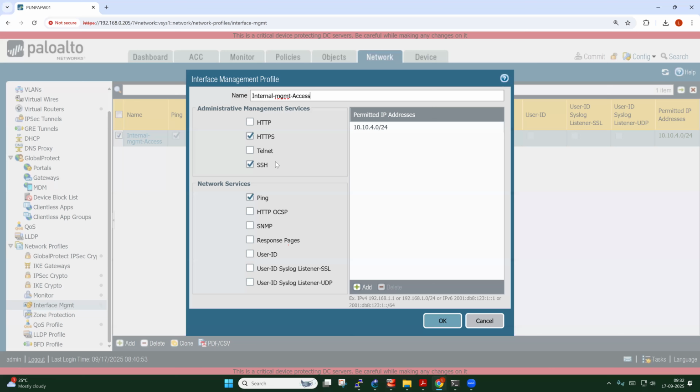Okay, so this is interface management access, right? Yes, this management interface in our case is in a different subnet, right? So this is only for internal interface management, if you want to access the device via the internal interface, right? Correct. By default, PAN-OS does not allow access to its configuration utility on internal or external or DMZ interfaces. Those are the data plane interfaces. User traffic can be flowing through the firewall